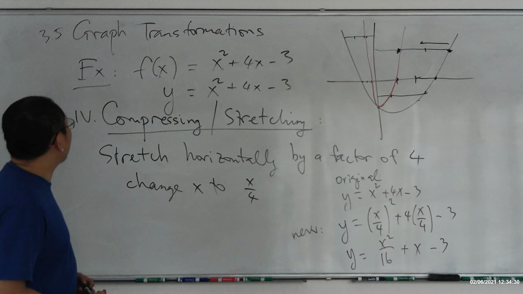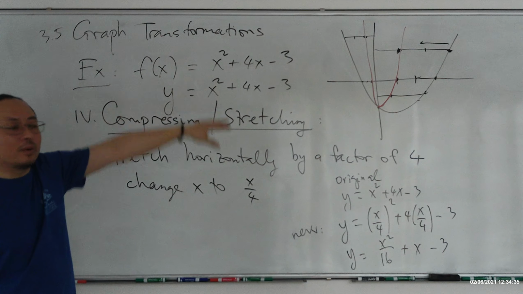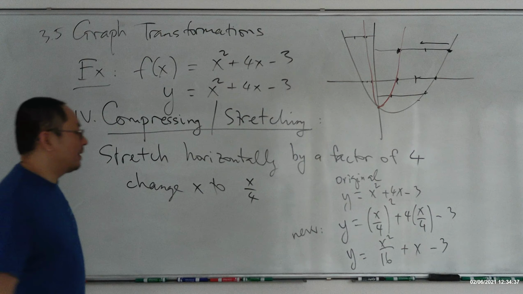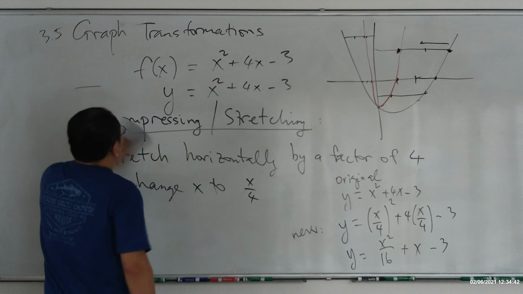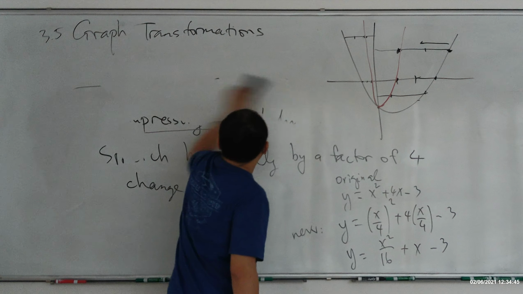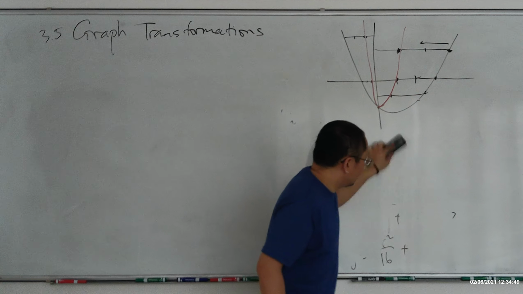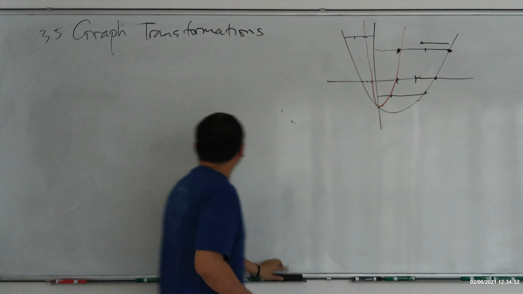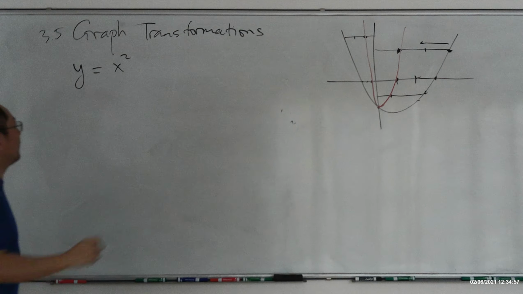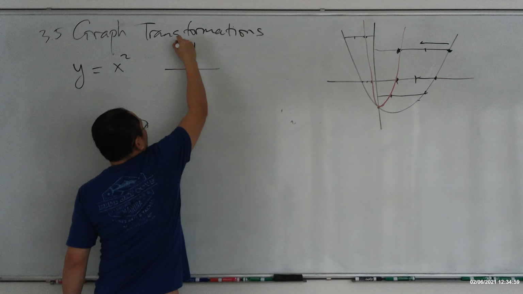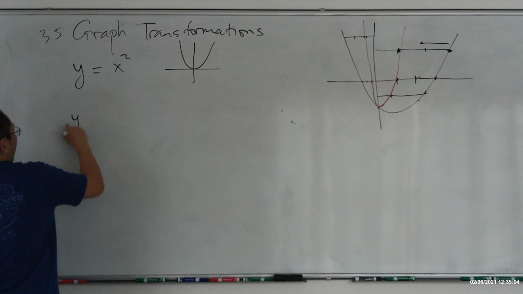And last thing before I wrap up our video clip for this section 3.5: you can do multiple transformations, just one at a time, and you can get to a new graph. Let me show you. One more example, and then we stop. Okay, easy one. y is equal to x squared, the one that we learned in 3.4. Your graph of this is proper, also the x-axis, right? So y equal to